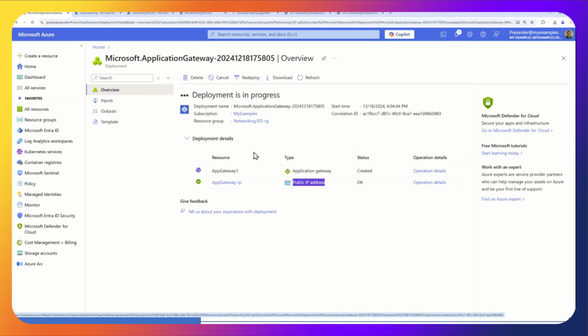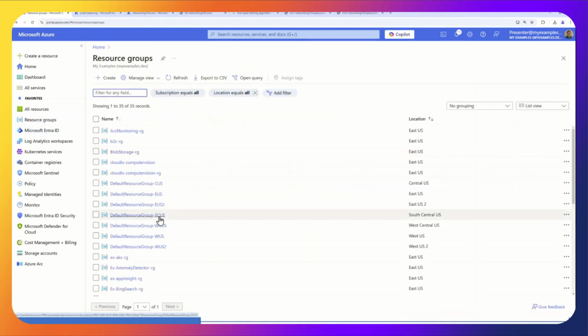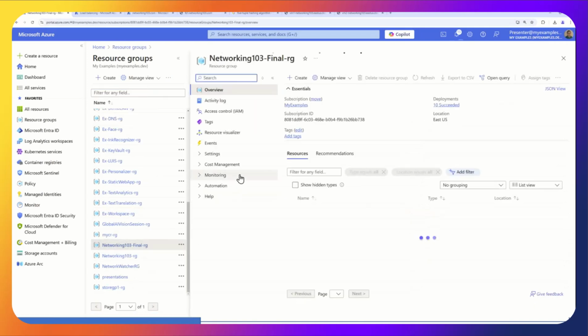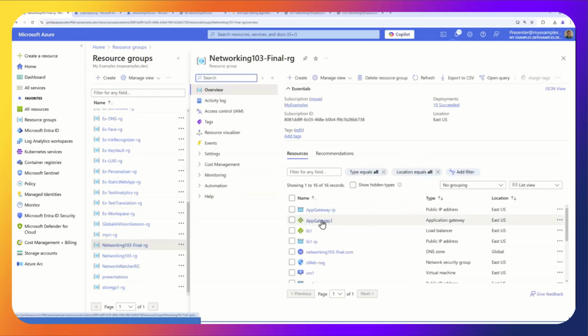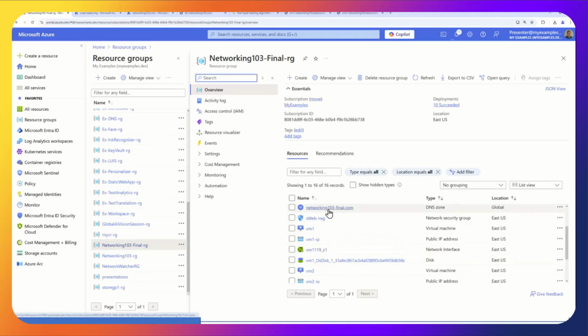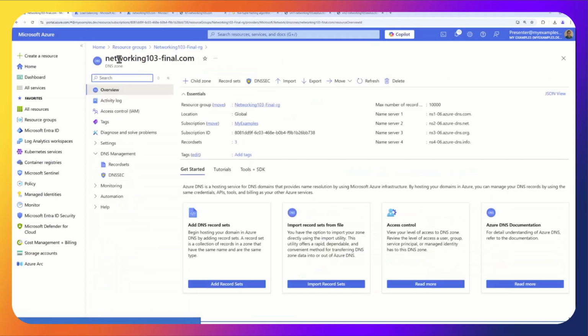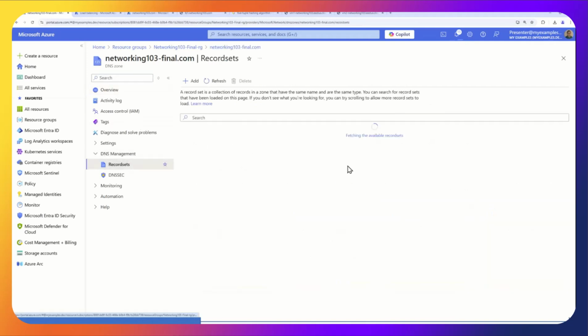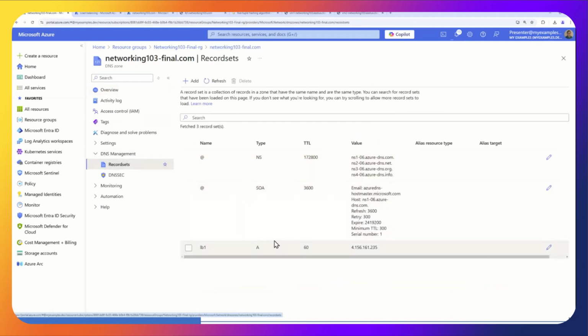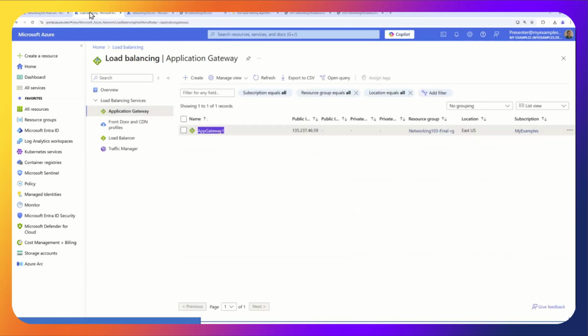So I'll move to networking 103-final-RG. And we'll see the app gateway here. Let's check. We'll check out the networking 103-final, see if I set up the record set for that. I did not. Sorry about that. So let's see where it is.